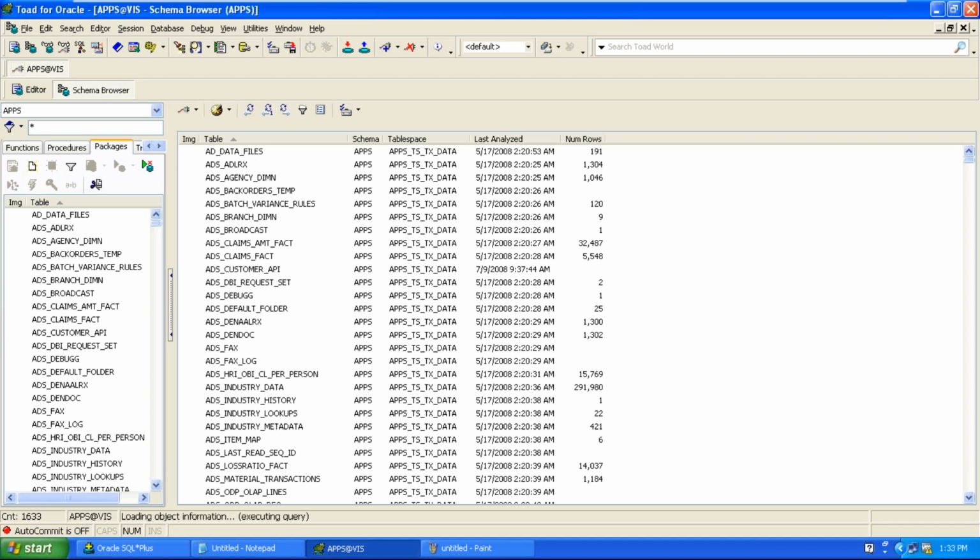We have created one package, test underscore pkg. That package should be visible here now.